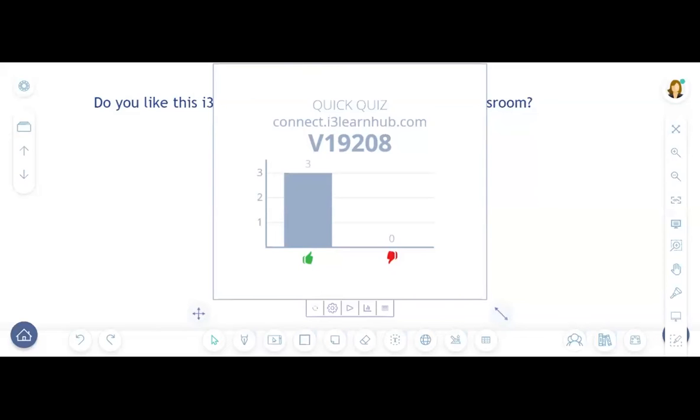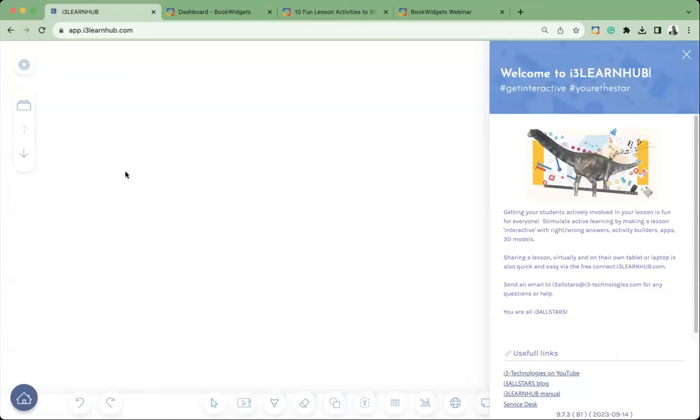But today we will talk as well about how we integrated the BookWidgets application in our application, because we think this is really an extra value. Up to you, Lucy. I am also in the I3LearnHub here, and I want to show you how BookWidgets is